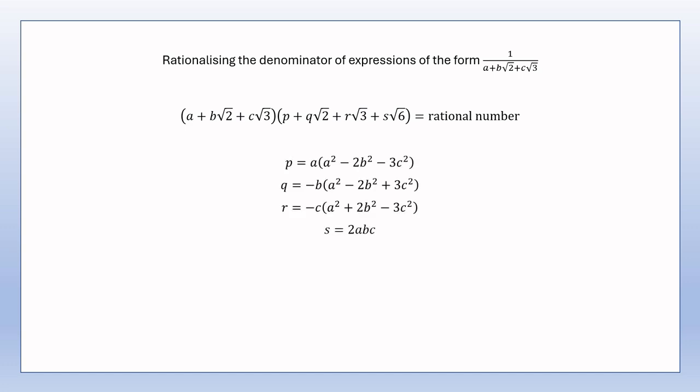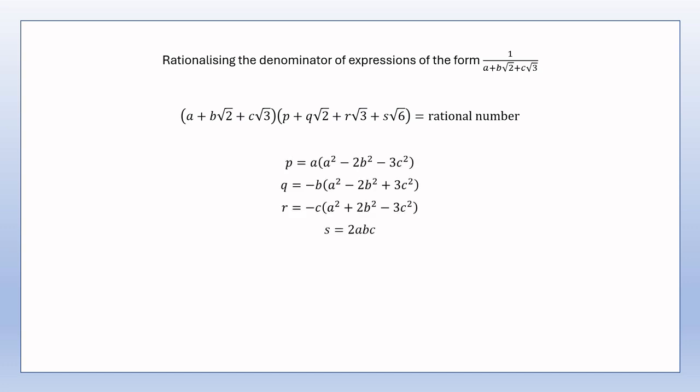So here I'll give the general formulae that can be derived for rationalising the denominator of expressions of the form 1 over a plus b root 2 plus c root 3. So if we assume that there is an expression of the form p plus q root 2 plus r root 3 plus s root 6, such that a plus b root 2 plus c root 3 times p plus q root 2 plus r root 3 plus s root 6 is equal to a rational number, then it can be shown that possible expressions for p, q, r and s in terms of a, b and c are, as shown on the screen now,